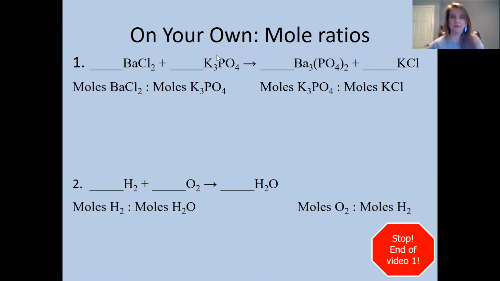Okay? So let's take a look at this one. We have to start with a balanced chemical reaction first. So I can see I'm going to have 3 of these because I have 3 bariums on the product side. I see that I'm going to have a 2 here because I've got 2 phosphate groups over here on the product side. And that means I'm going to have 6 potassium chlorides. When I've got moles of BaCl2 to moles of K3PO4, I can write this as 3:2, or I can write this as my mole ratio with the conversion factor style, 3 moles of BaCl2 to 2 moles